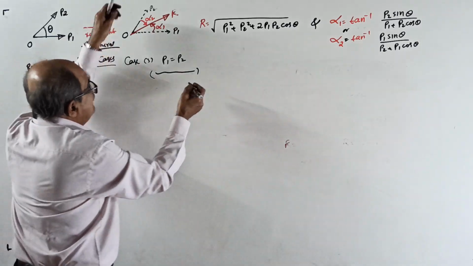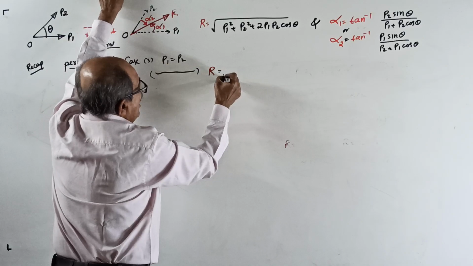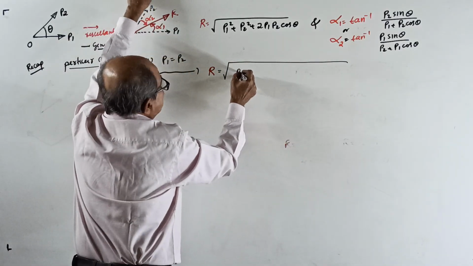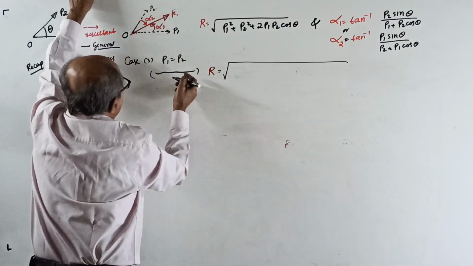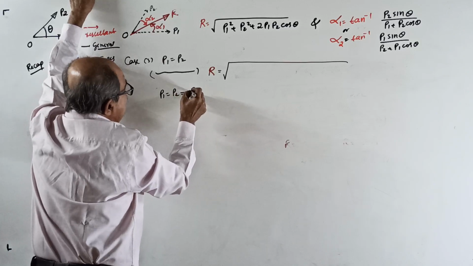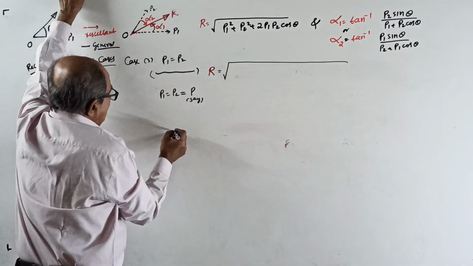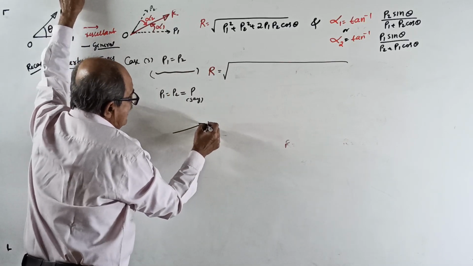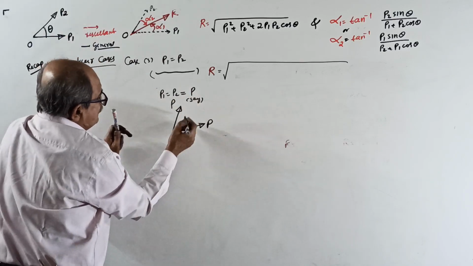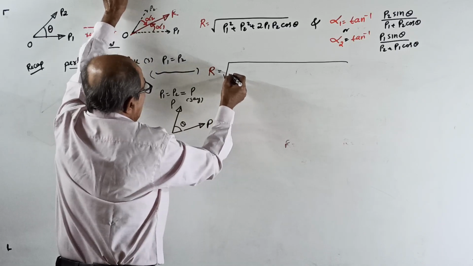So anyway, calculate. Then the resultant R has one expression. Not much useful for you, just academic interest. P1 equal to P2, say equal to P. Both are P. One force is P this way, the other force is P this way. I turned the force. The angle is theta. Now the resultant R equals